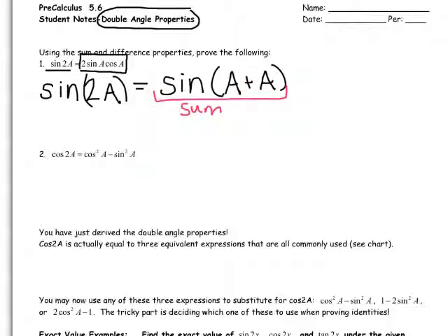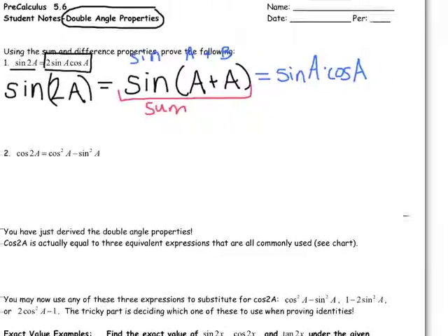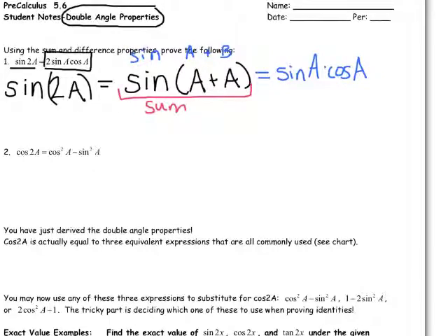So that matches up to sine of a plus b. In this case, a is a and b is also a. So sine a times cosine a plus cosine a